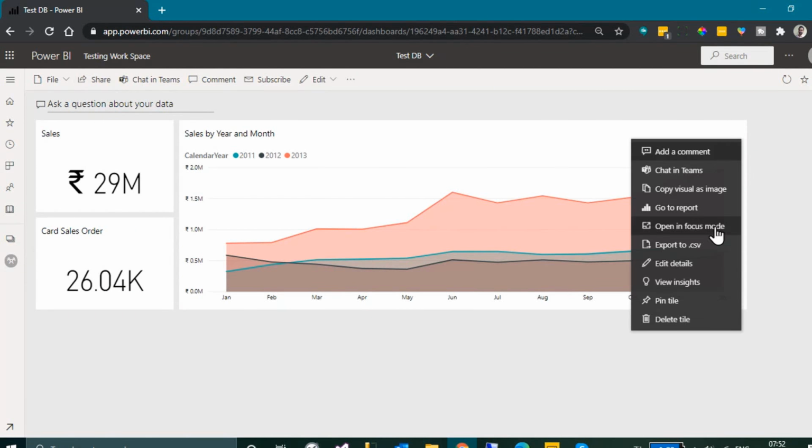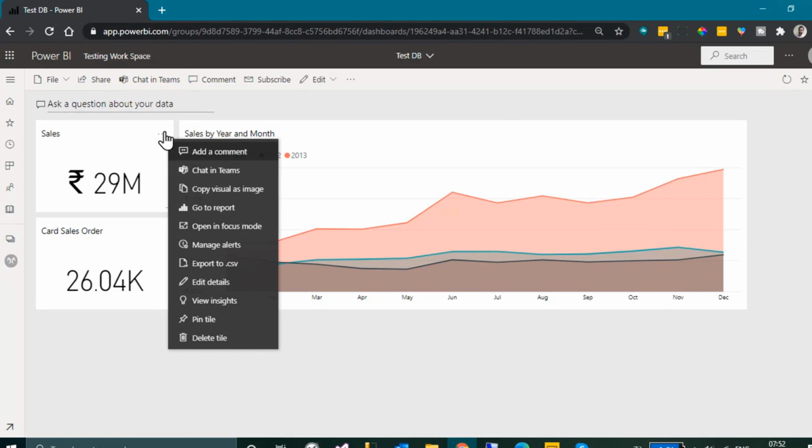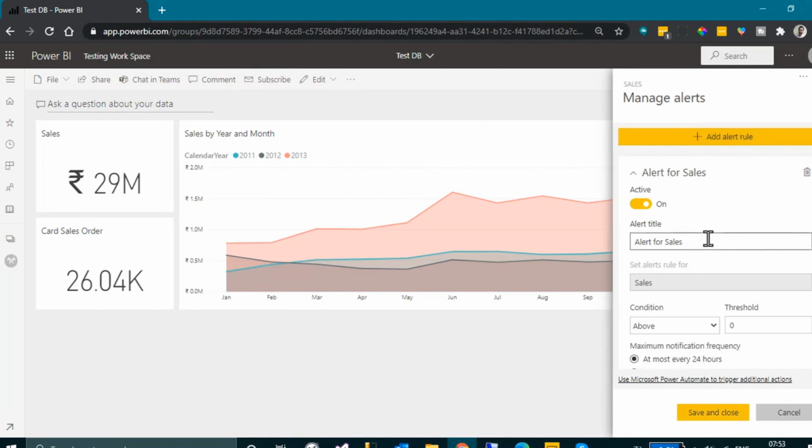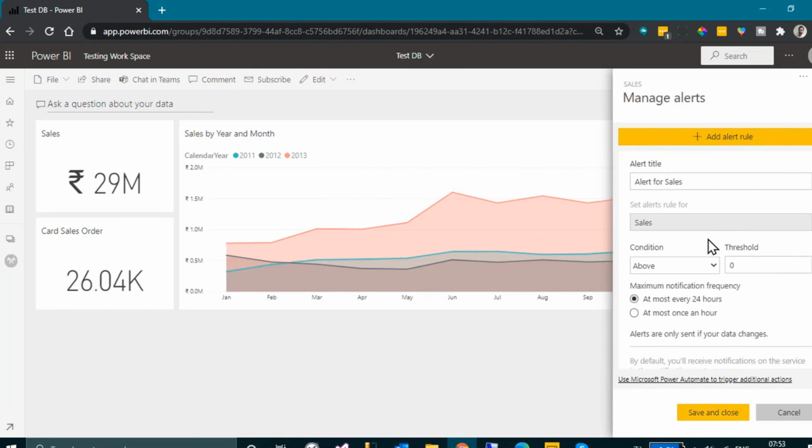And you have these options: export to CSV, details, view insights, tile, pin tiles, and delete. Whereas if you click on this card here, you get an additional option, manage alerts. Manage alerts is nothing but if you want to make an automation, right? If you click here, you can create alerts for the rules as well. So this is the alert for the sales. If the sales go down, for example, below 25 million rupees, for example, you can